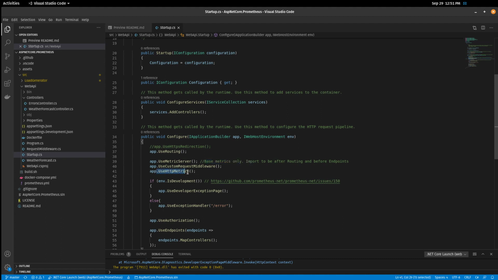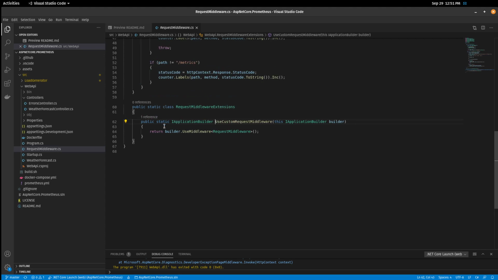Then I've added HTTP metrics, which actually catches all calls to my controllers, so I don't have to make a custom middleware to catch those and log them. And then I have my own here, just a small demo example, how I can actually log some custom request middleware as well. So if I just go to that,